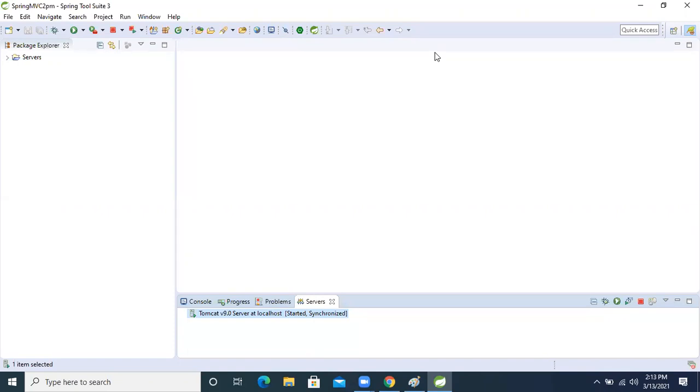Because of that I am going to develop one servlet application in front of you. And it does not mean that I am going to explain the total servlet, right? I will not explain the total servlet to you people.